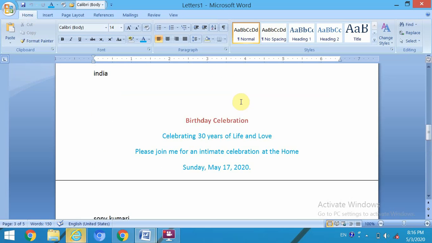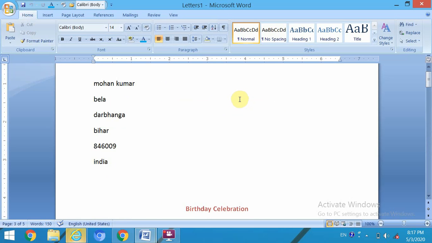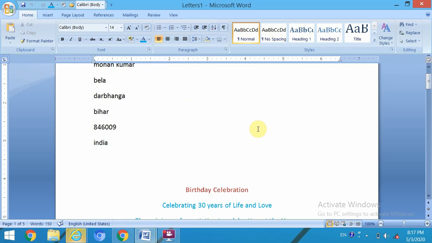That's the features of mail merge, where two different documents are merged within a single document. That feature is called mail merge. After that, you can print it and send them all individually.